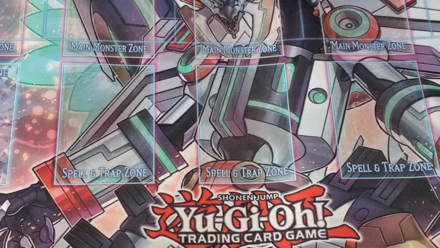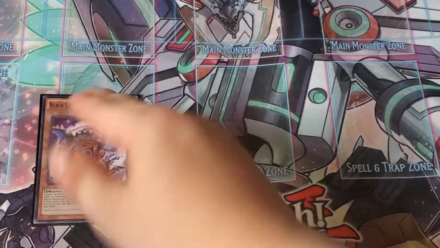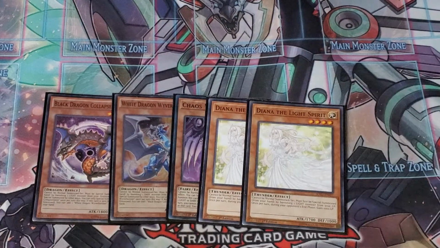For the baby monsters, give me a second here, guys. For the baby Chaos monsters, I play 1 Collapse Serpent, self-explanatory, 1 Wither Buster, 1 Chaos Valkyria, 2 DNs, the